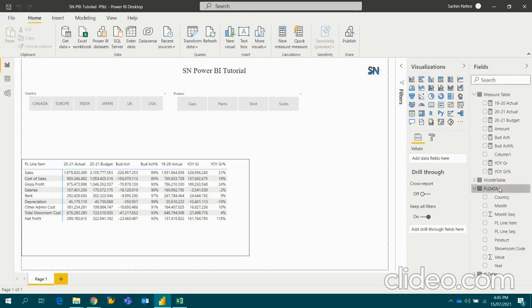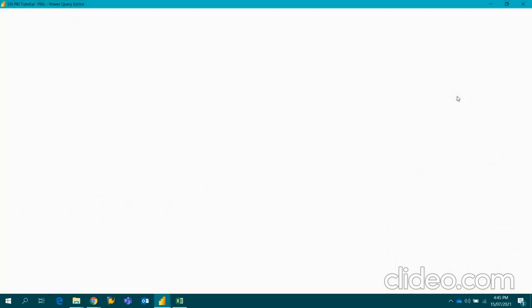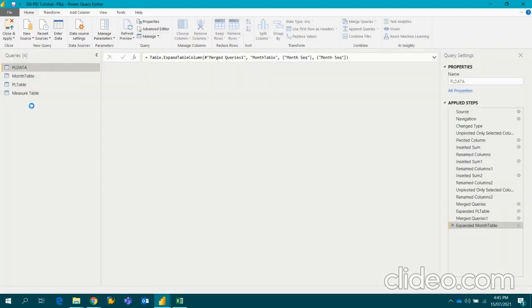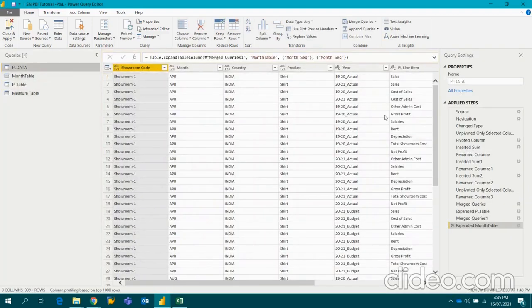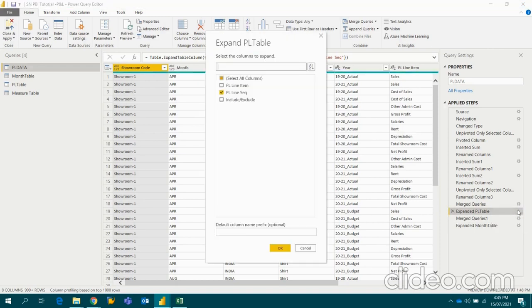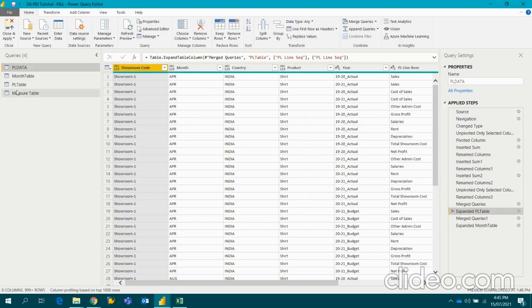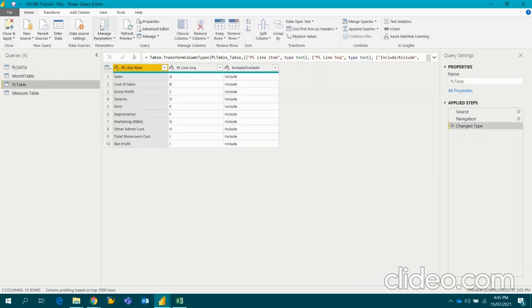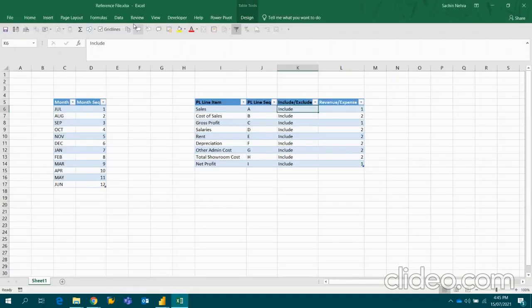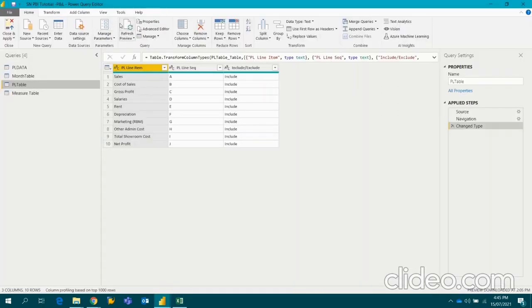I'll come here in my data. I'll click on query, edit query. I'll come here and you can see in this tab, I will bring the other column which I need. Let me see if it is taking the data. Let me save it again and click on refresh. Now here it is.